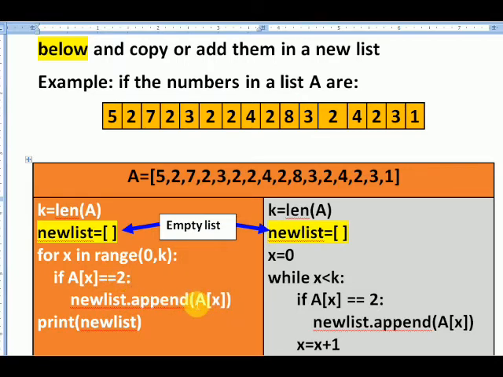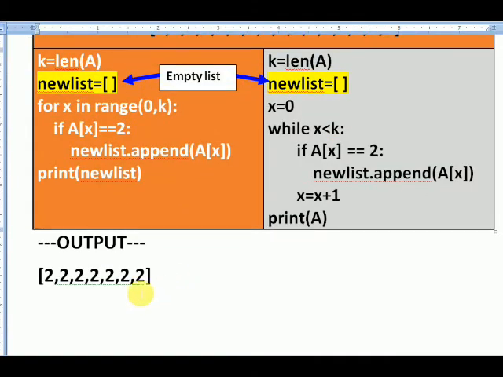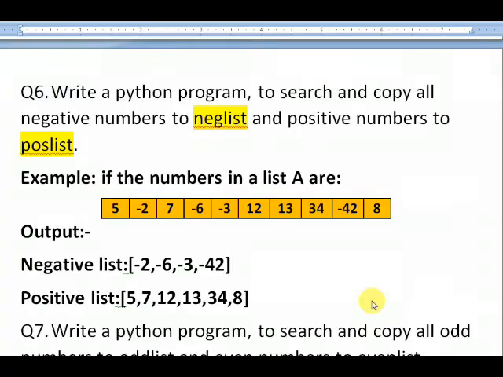पहली बार a of x is 5, it is not equals to 2, leave it. Now move to the next one. 2, a of x is 2, 2 is equals to 2. Yes, append a of x. तो a of x गया तो नंबर कौन सा चला गया, 2 inside the new list. Same thing, it goes on and on, कब तक, last number तक, और उसके बाद output आपका इस तरह से आएगा. I will show you that practically also, भी दिखाता हूँ मैं कैसे होता है.